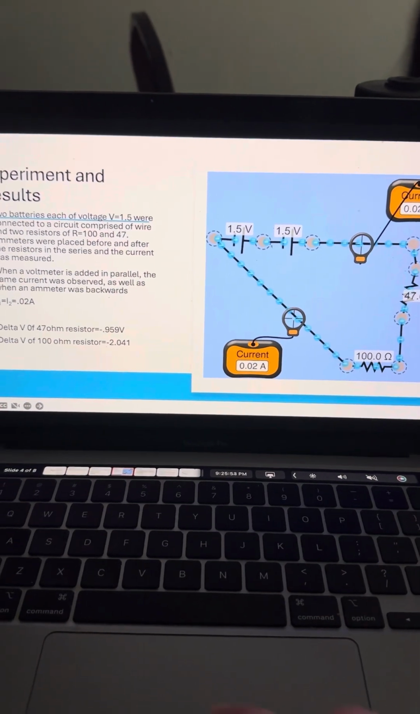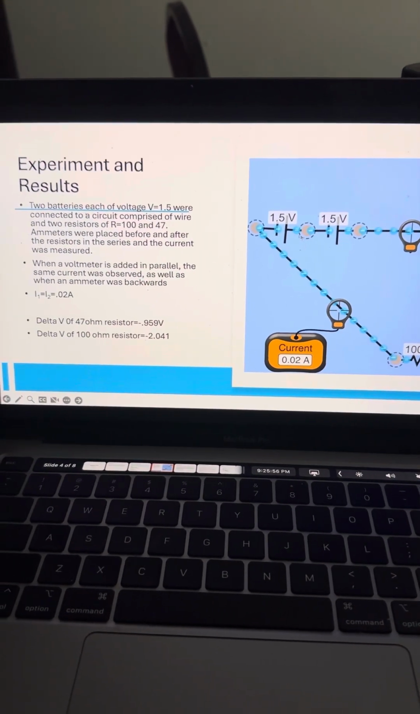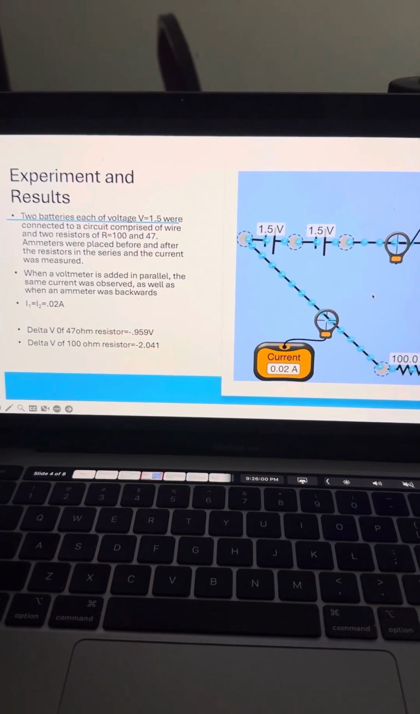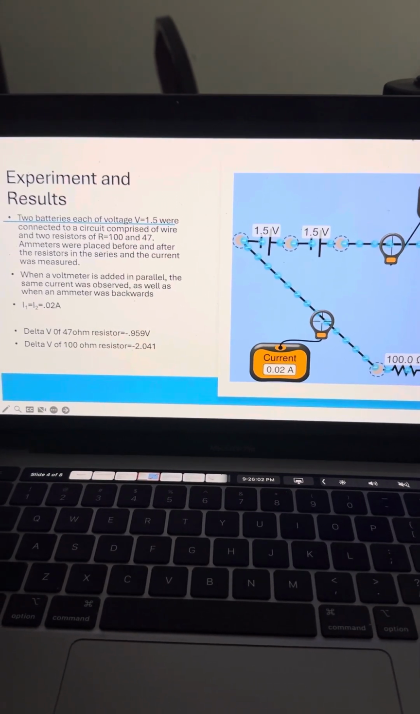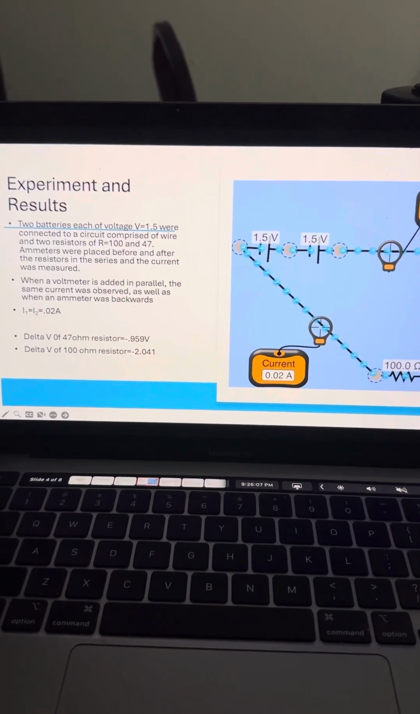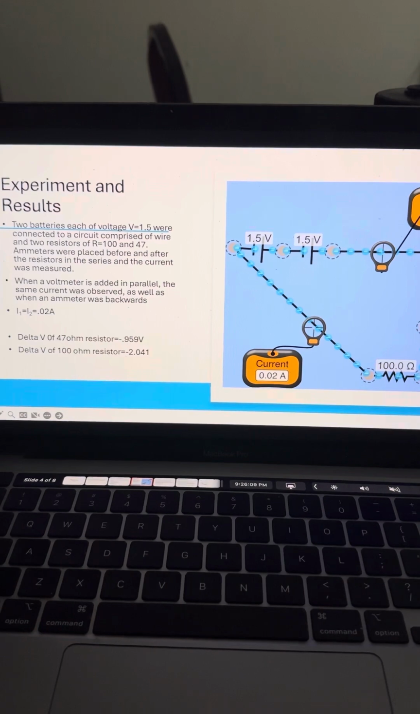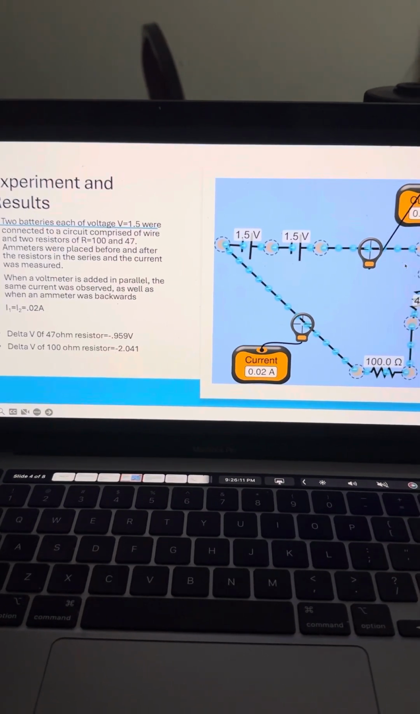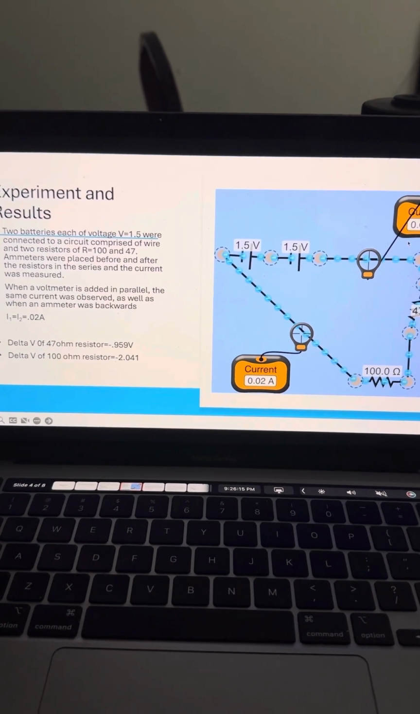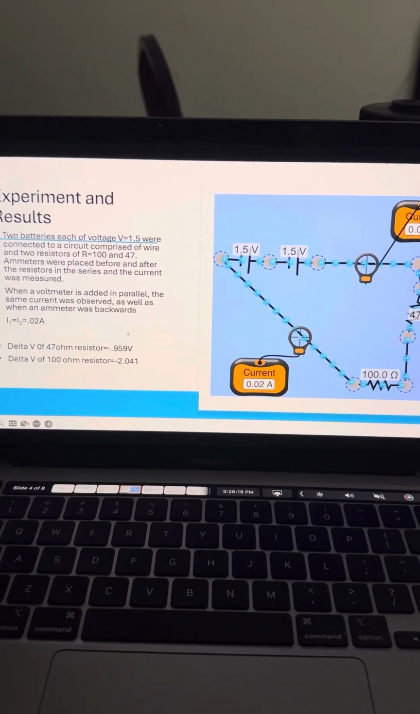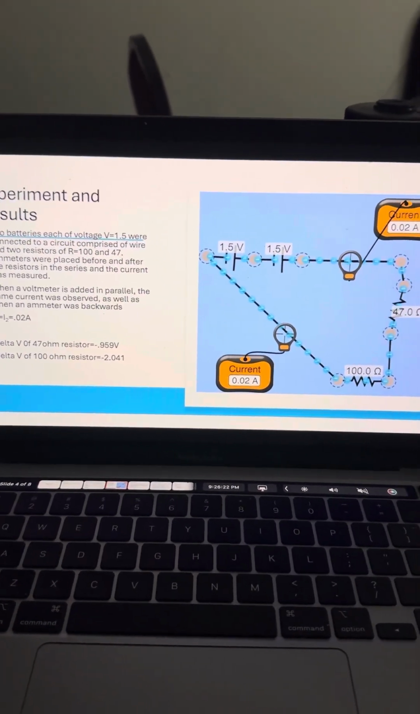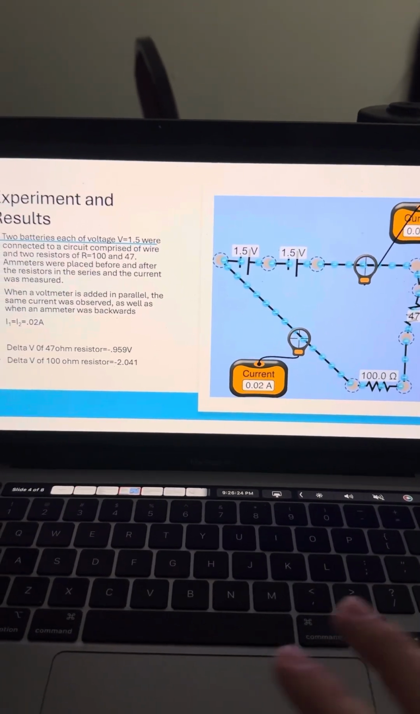2 batteries, each of voltage 1.5 volts, were connected in a circuit comprised of wire and 2 resistors of R equals 100 ohms and R equals 47 ohms. Ammeters were placed before and after the resistors in series, and the current was found to be 0.02 amps. When a voltmeter was added in parallel, the same circuit was observed as when the ammeter was